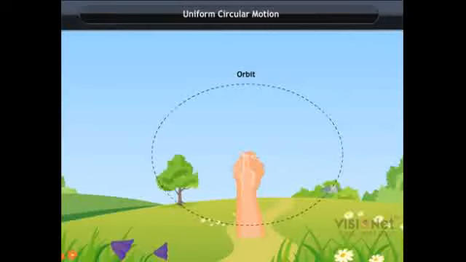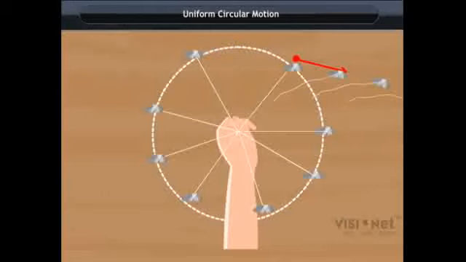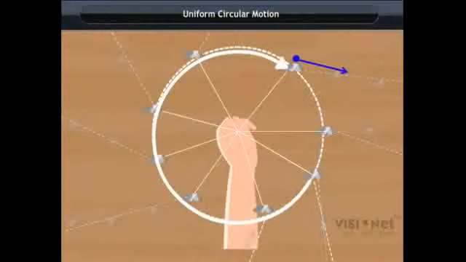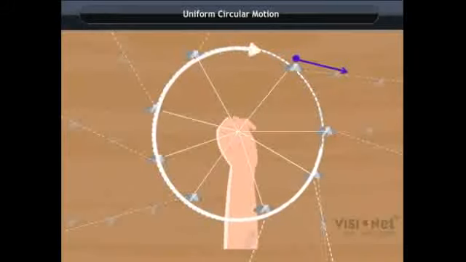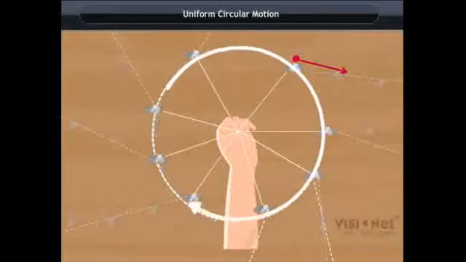To know the direction of velocity of the stone at any point, release the stone at that point and observe the direction in which it goes. If this activity is carried out 4 or 5 times at different points, you will observe that the stone travels in different directions every time. Direction of the stone is a straight line and is along the tangent to the point of release. Thus, the direction of velocity keeps changing every moment in uniform circular motion.